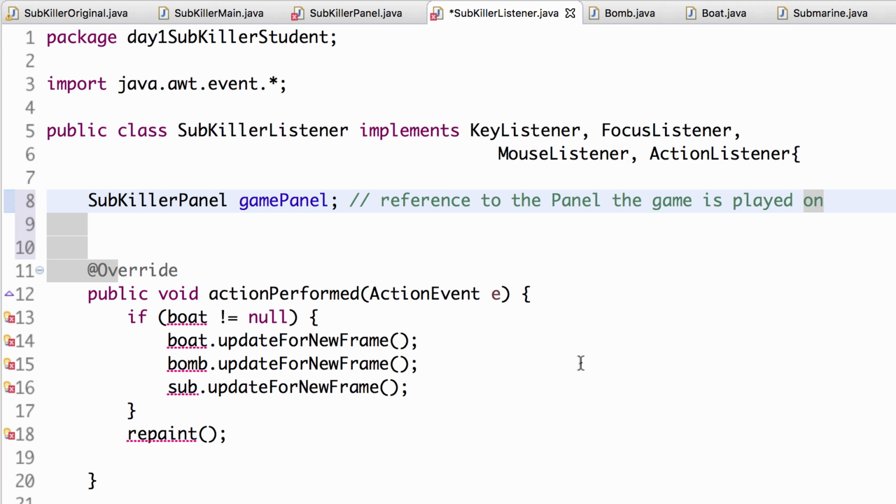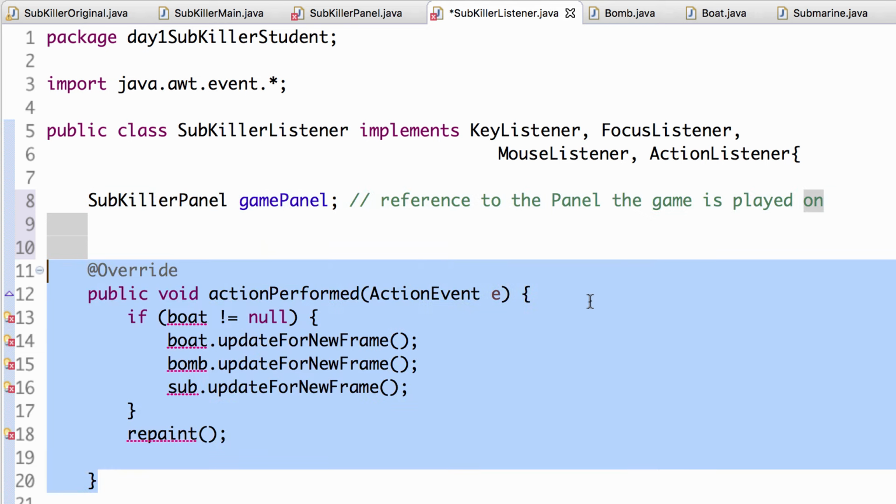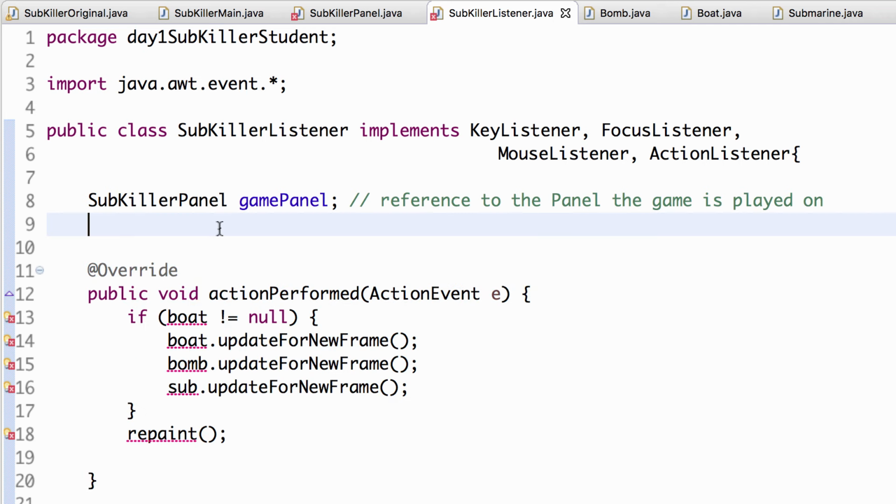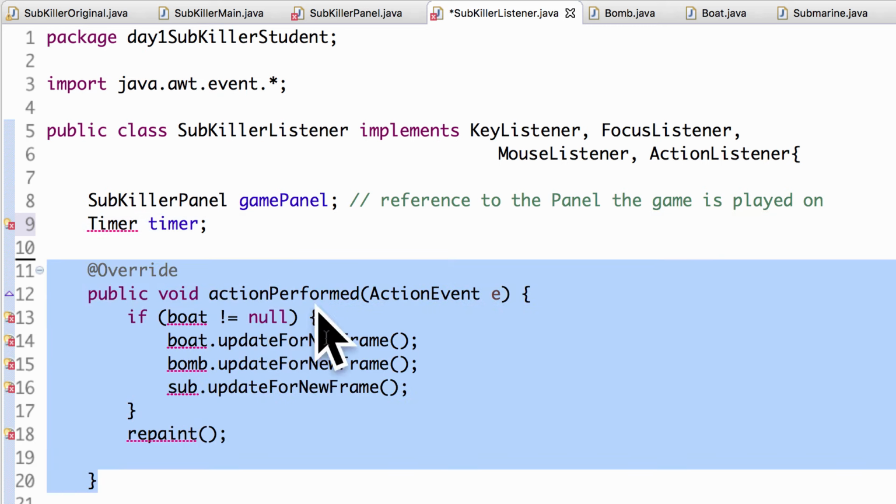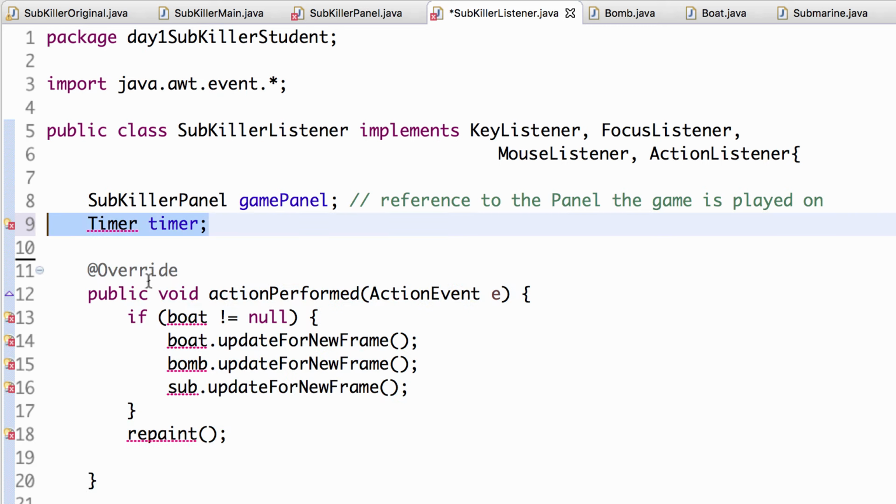All right. Now, since I've got action performed in here, action performed will be called with every tick of the timer. So I think it's actually more convenient, rather than trying to pass messages back and forth, to have the timer inside here. The timer that generates the ticks, which will call this with every tick, tick, tick. Since that's generated by the timer, let's just have the timer be with the listener instead of with the